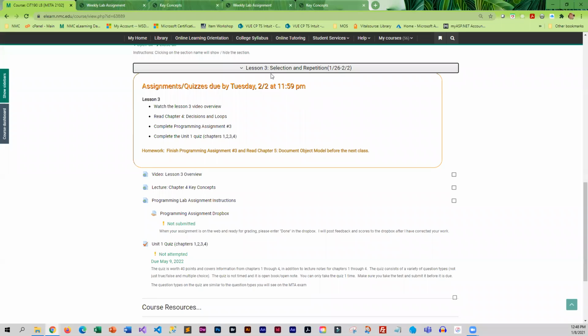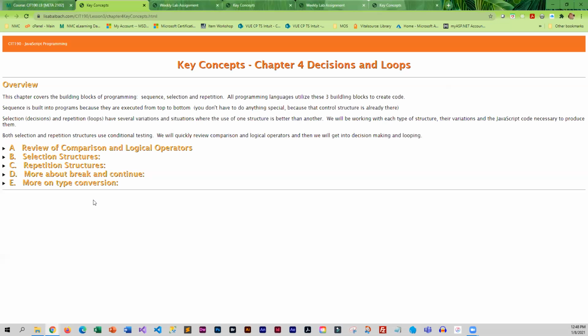So lesson 3 involves selection and repetition. This is something that most of you are already familiar with. If you are not familiar with it, if you have questions, please let me know. But these are basic programming structures that you see in every single language. So you are going to want to read the chapter in the book, go through the key concepts, and all